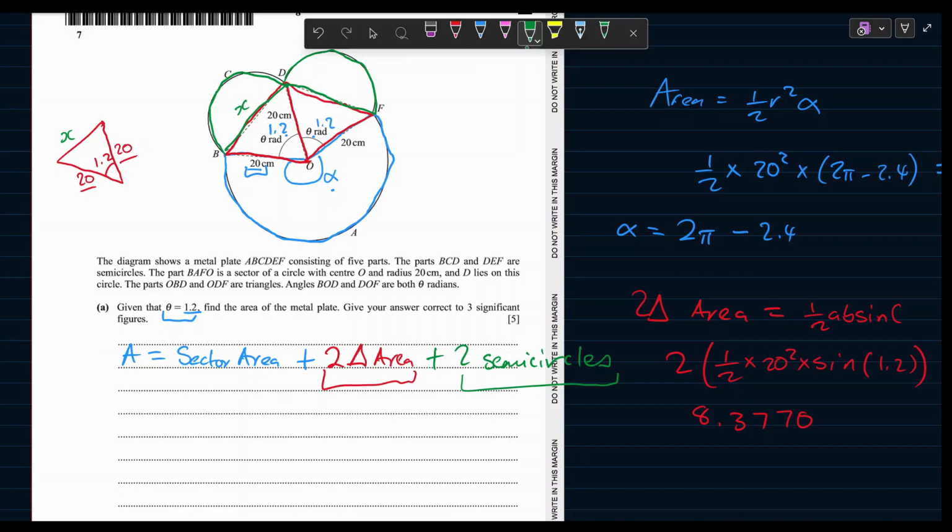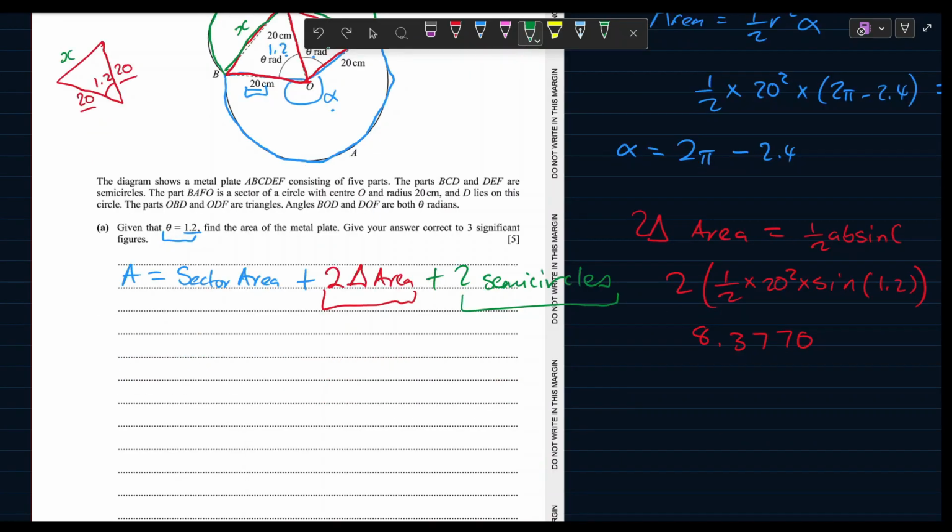So what we can do is use the sine rule to say that we want x, and that's going to correspond to sine of the angle 1.2. So x over sine 1.2. And this should be equal to 20